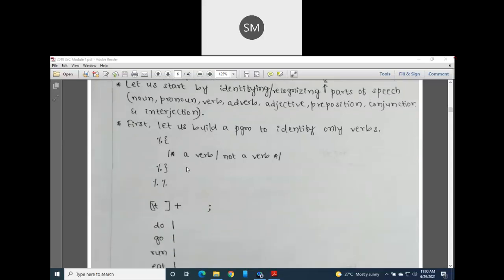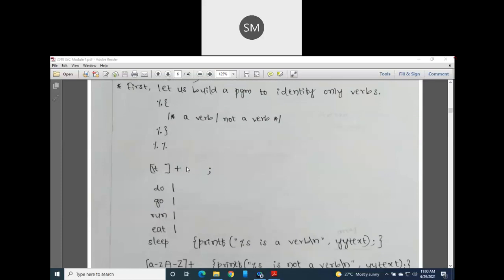In that one, out of 8 parts of speech, for simplicity and convenience here, I have taken just the verb. It means I am just concentrating on identifying only verbs in a page of text, or in a paragraph or in a sentence.